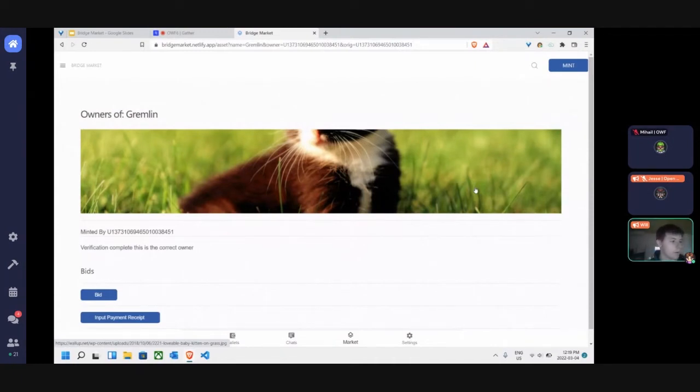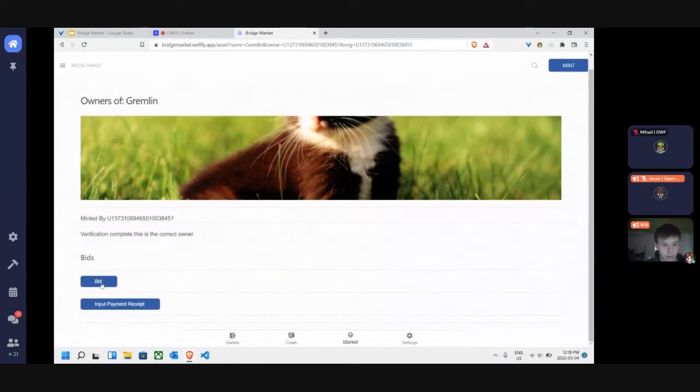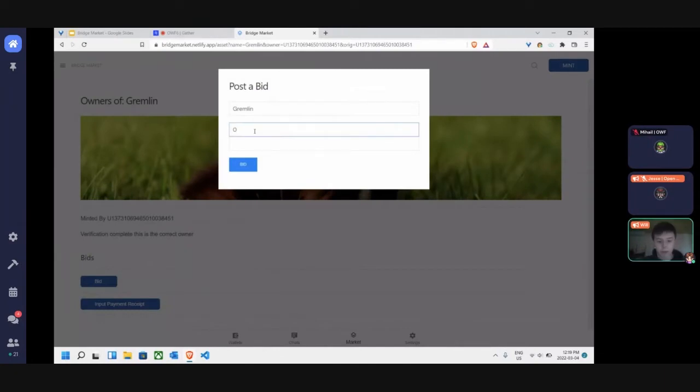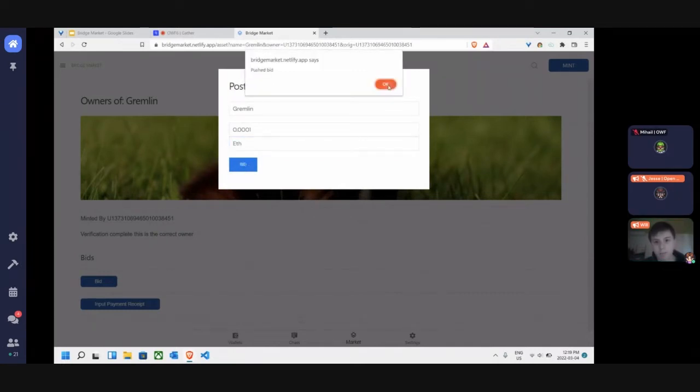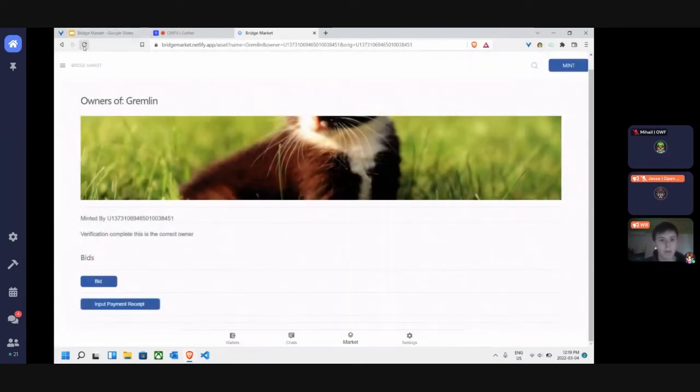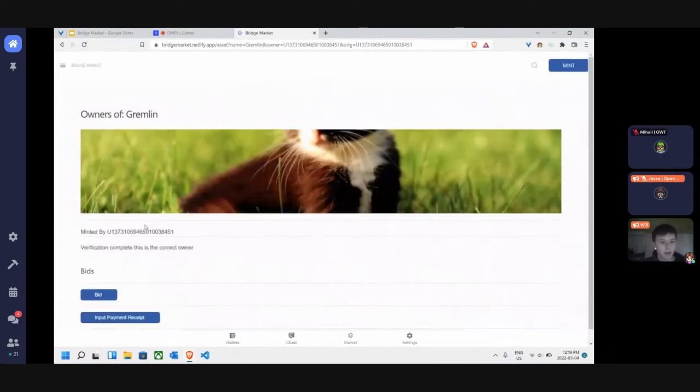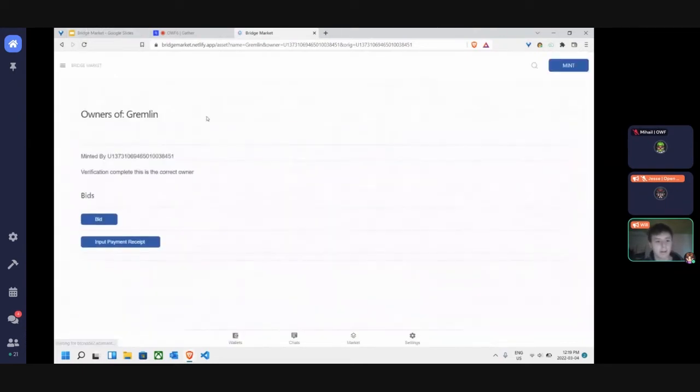There's a system where people can send in. I can bid on it, right? So I can say I am willing to spend, I don't know, 0.2 Ethereum on it. If I bid, it will show up on the other device. I'm sorry, my internet's being very slow today, and I think it's not functioning as well.